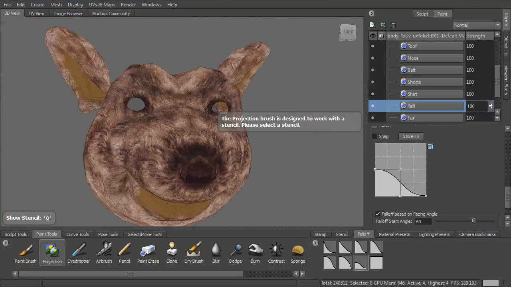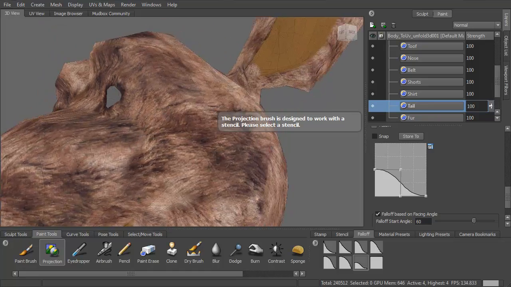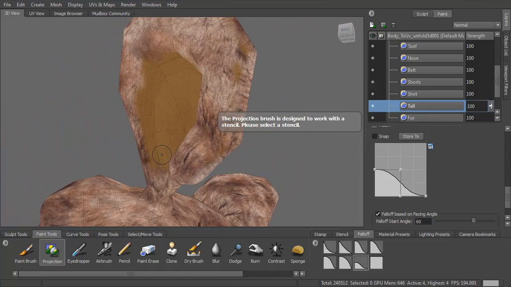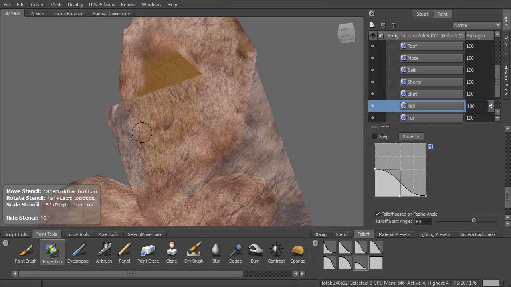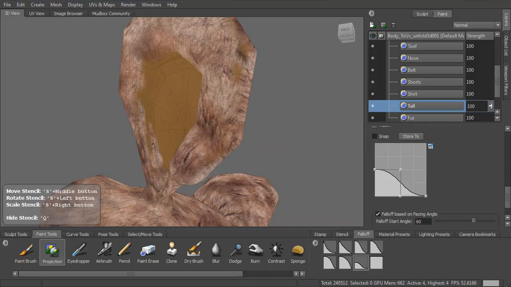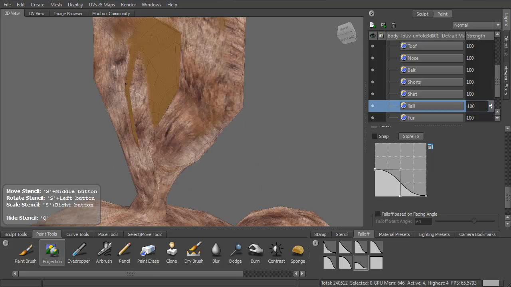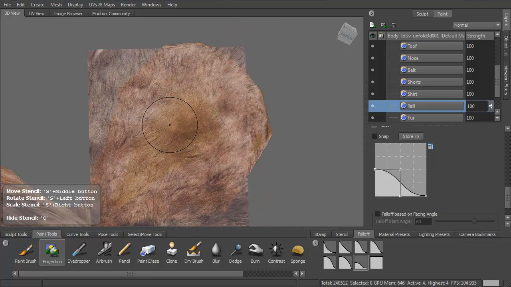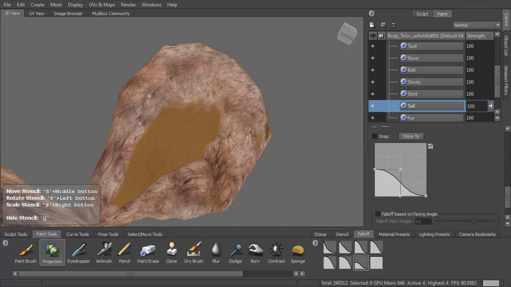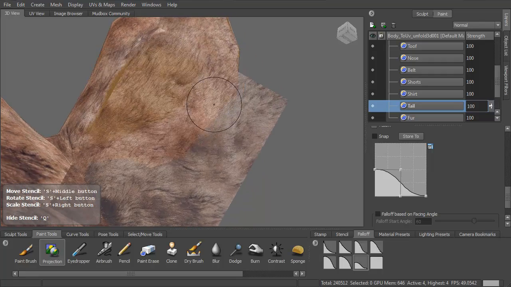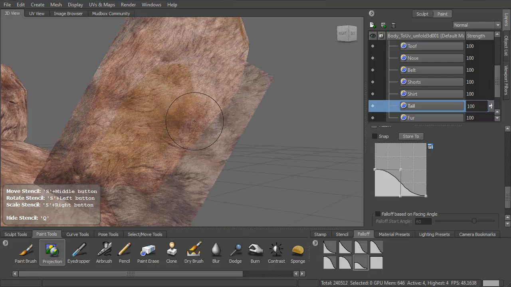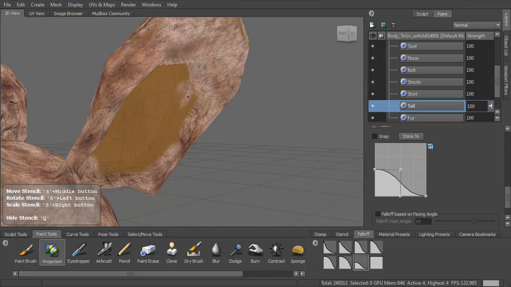For his eyes, so it's a little bit darker there. Alright, let's try to get his ears. If there was something like a feature that I could... you can see here that I'm having issues painting there, and that has to do with this falloff based on the angle. That's when that can come back and bite you, is that some of these pieces of geometry are out of that falloff angle, and even though it's going to be stretched in there, at least I can get down my base color,